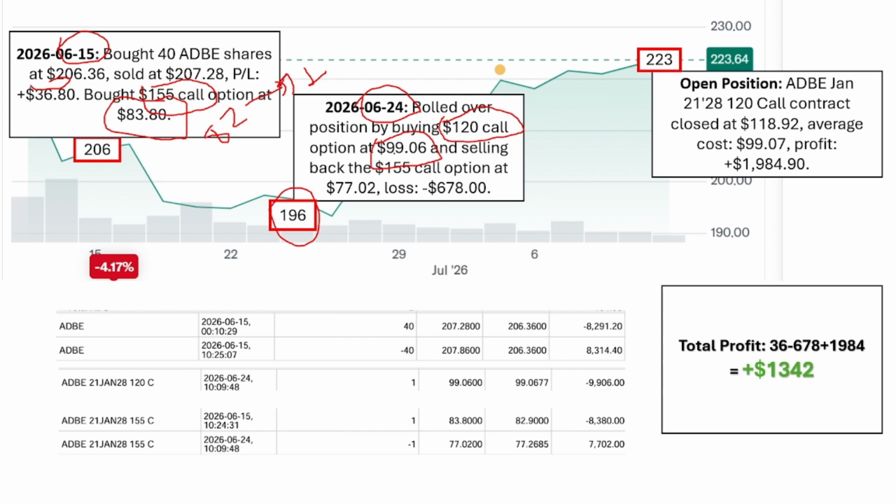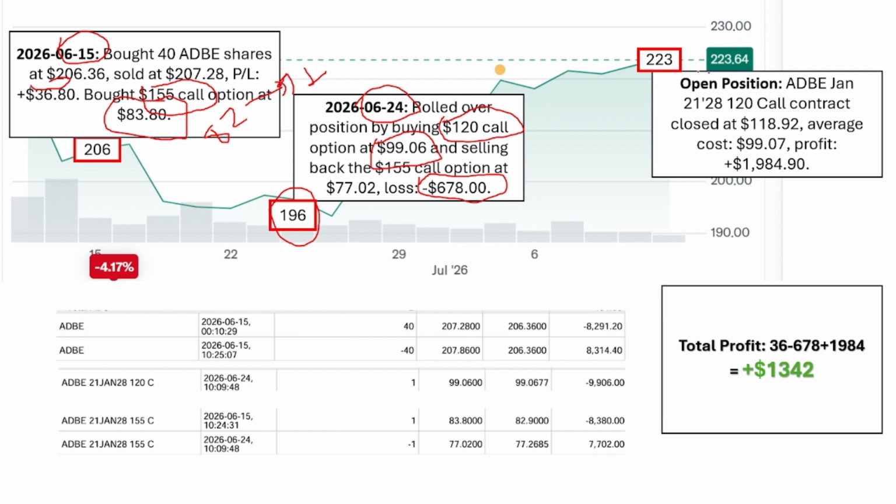So I paid around $9,906 for this contract, and because the stock moved down, I experienced a loss of $678. And from there the stock moved in an upward direction. Because this is a LEAP call, anything that goes up, I would be making a profit, and that's why